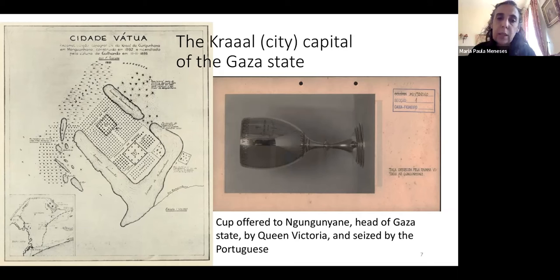What I think is important here is to see that the capital of the Gaza state was destroyed. So you'll see in that description, there's a narrative from the 1930s describing where the capital was located and this destruction, but also objects that were part of Gungunhana's house were stolen or removed or looted, by the Portuguese army that led the attack against the Gaza state. So you have here a cup, a silver cup offered by Queen Victoria to Gungunhana, which was seized by Mozinho de Albuquerque. And what is interesting is that most of the objects, like a rifle and this cup, had no scientific or ethnographic value, but they were seized as war trophies, and also to prove that the Portuguese had